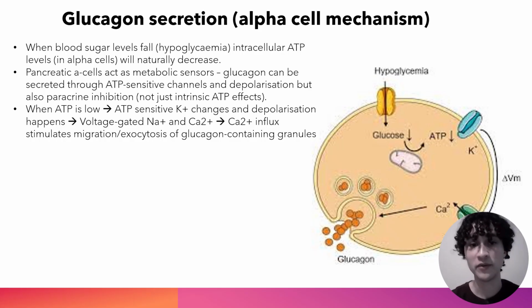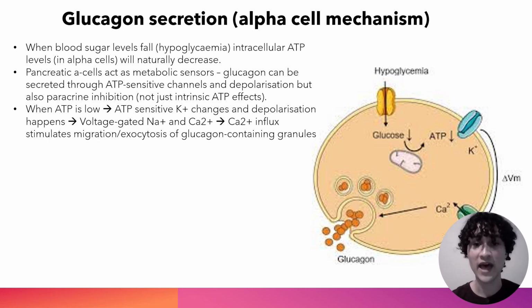So those pancreatic alpha cells act as metabolic sensors. Glucagon can be secreted through this kind of exocytosis, again through granular migration. Glucagon is contained in these granules. Now, when ATP is low, of course, that's when there's not a lot of glucose, because there's not a lot of glycolysis happening. Not a lot of glucose can go into these cells,